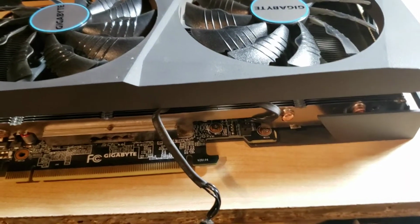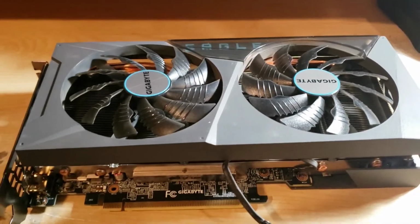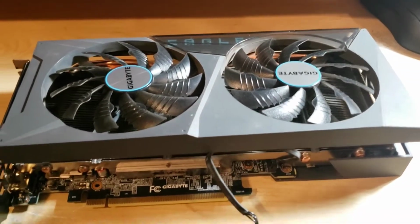So putting it back together, gonna strap the 120 fan back to it, get back to mine, and sorry for